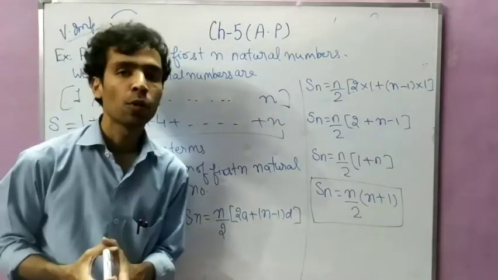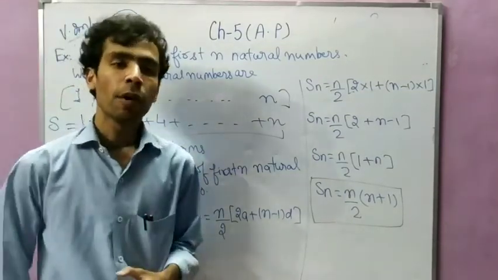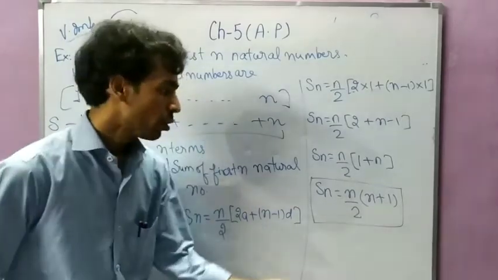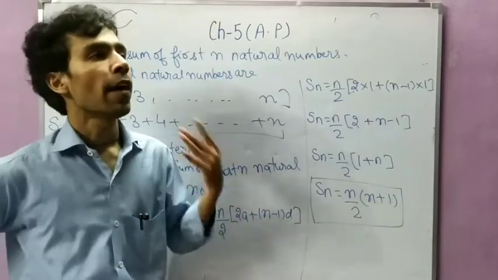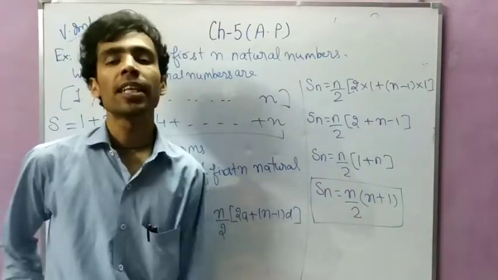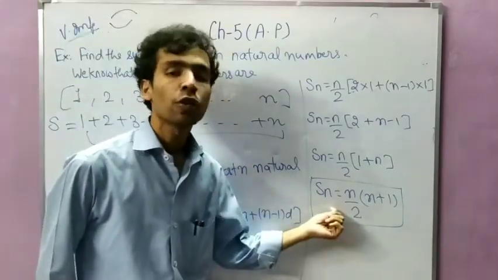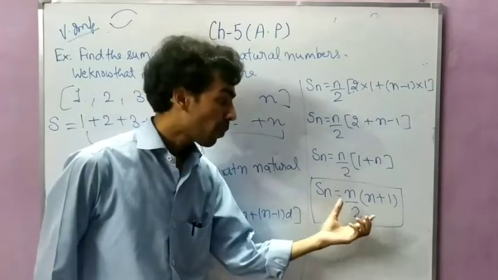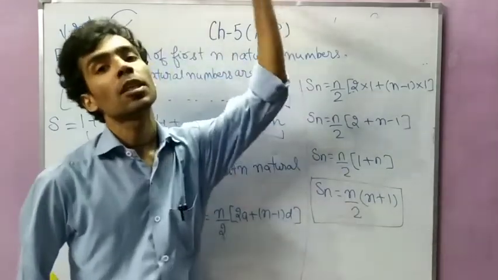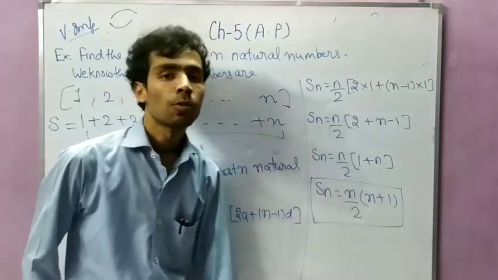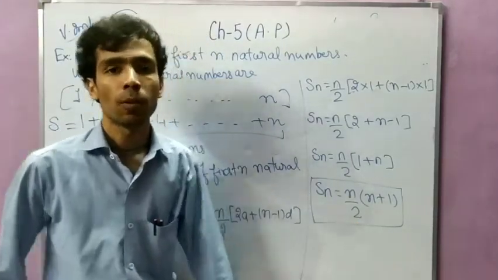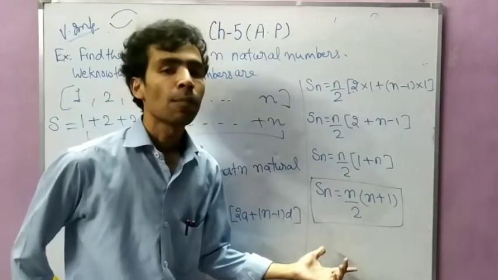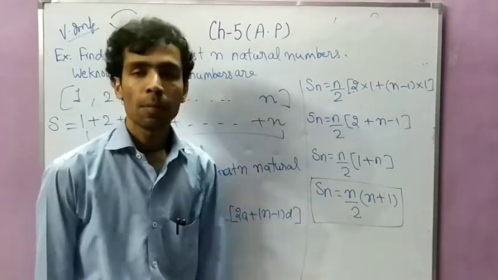अब इसी में आपको ये बोल दिया जाए कि find the sum of first 100 natural numbers, so n की जगह क्या put कर दोगे, 100. इसी में आपको ये बोल दिया जाए find the sum of first 20 natural numbers, so in place of n what you will put, 20. तो अगर आपको ये याद रहेगा तो आप कितने भी terms तक natural numbers का sum निकाल सकते हो. Okay, so this is a very useful formula for the competitive exams also. Okay, so this is the formula of sum of first n natural numbers.